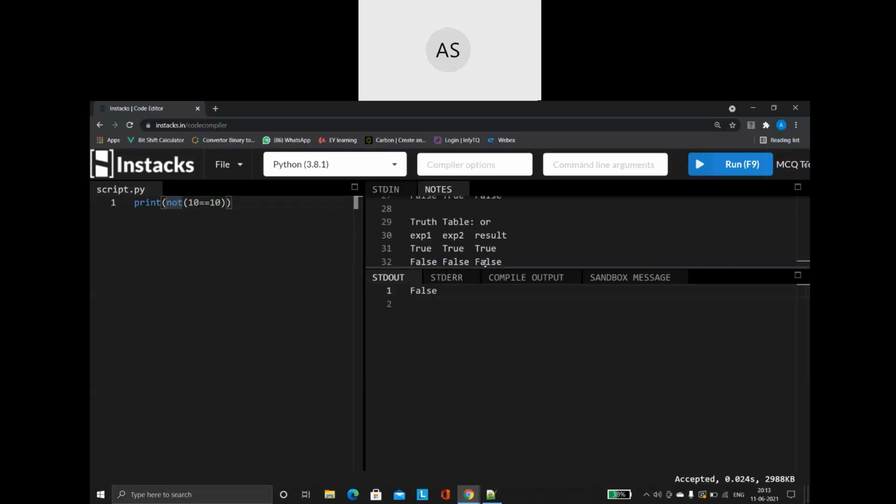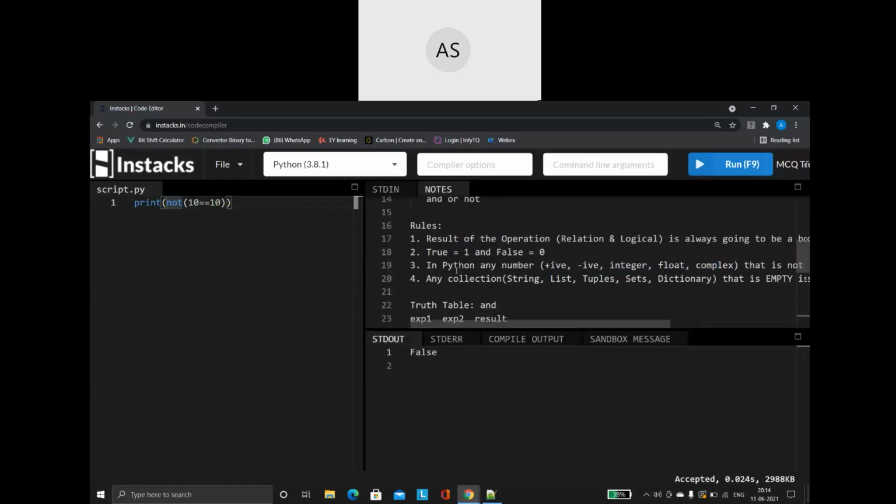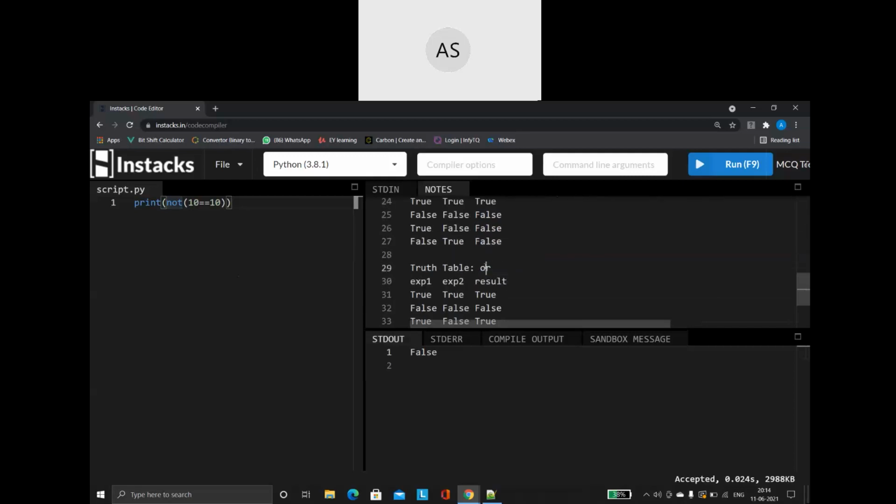Now, before going into more examples of the and the or operator, let me quickly tell you about some important points regarding your relational operators and your logical operators. There are more programs where we will be making use of these two categories together. In a lot of places when we are writing program logic, we will be making use of the relational operators and the logical operators together. So we should know everything regarding these two operators. In that way, I'm just going to take you through a few examples.